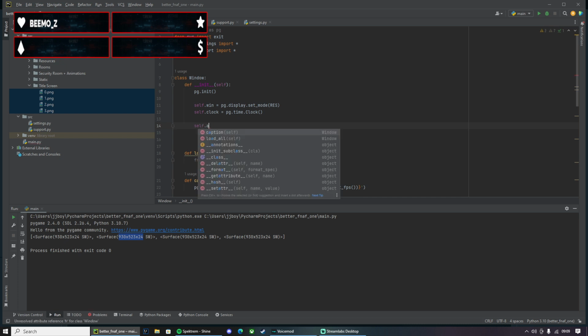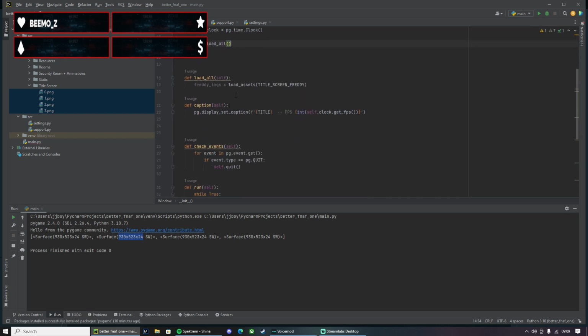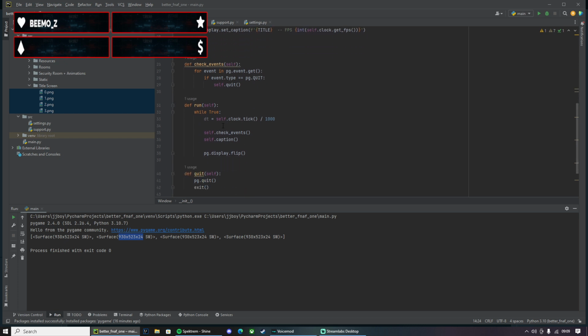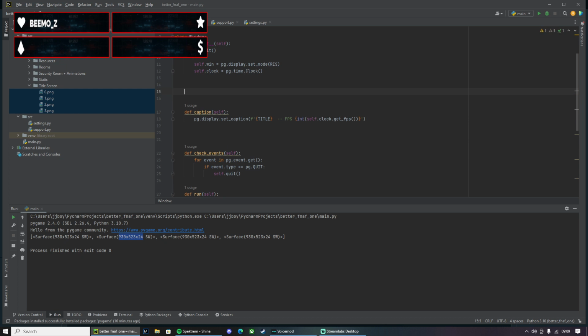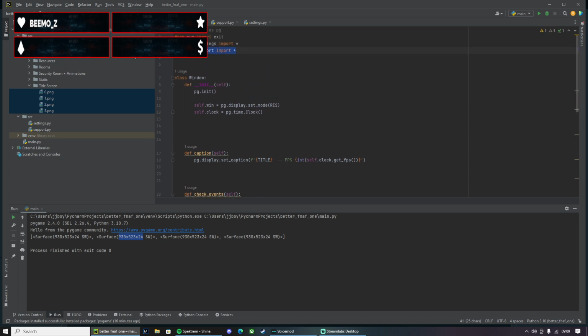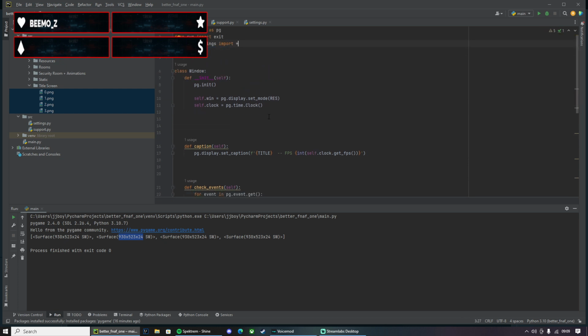I don't know why I'm doing it in here actually. Let's not load it in there because then that'll be very bad because it's just the window. We're not making the screen yet. Let's just new game.